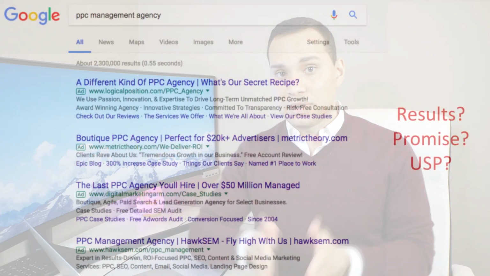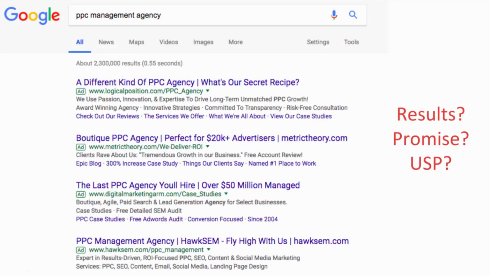So what you want to do here is go figure out what are the ads that Google thinks are good. And the easiest way to do this is to take one of your keywords. In this particular instance, we have PPC Management Agency, and just type it in and make sure you're in the same local area that you want to target. So don't have any VPNs turned on, because that's going to mess up all your results. You need to be in the actual area that you want to be targeting. And if that means you have to do a bit of a drive and go to a coffee shop, it is well worth it. So we want our IP address to be in the same location that you are targeting.